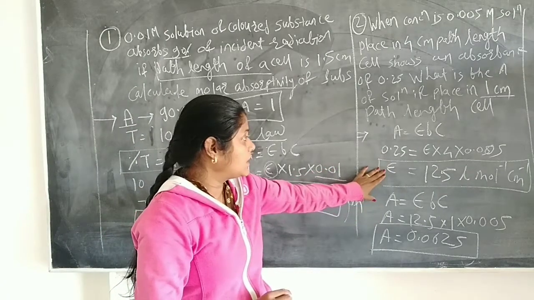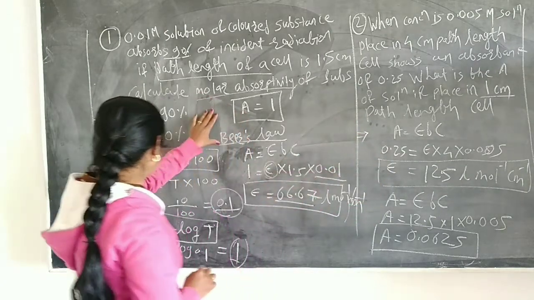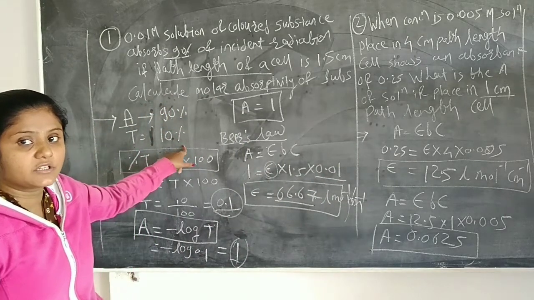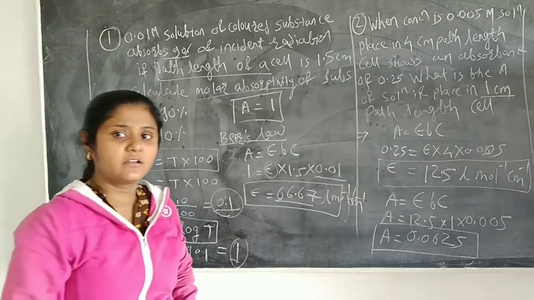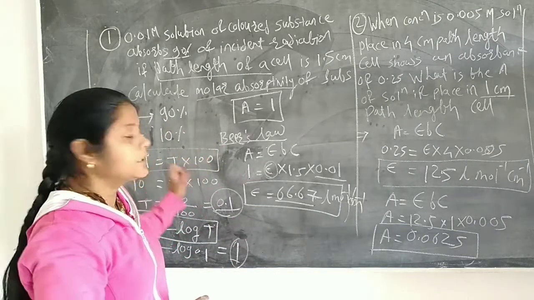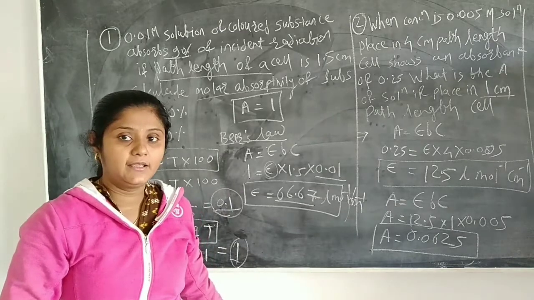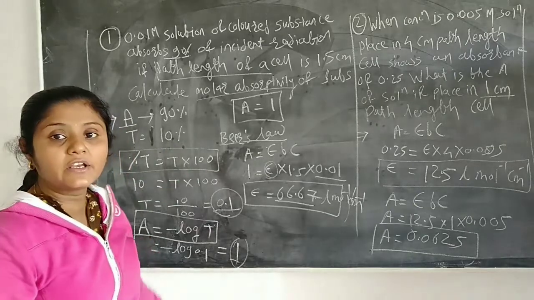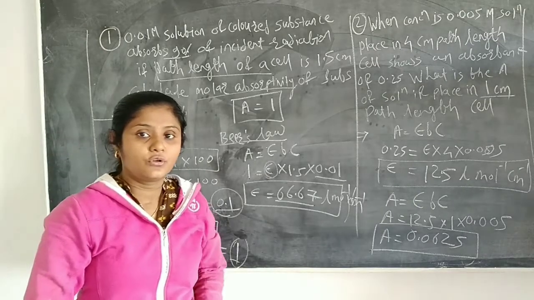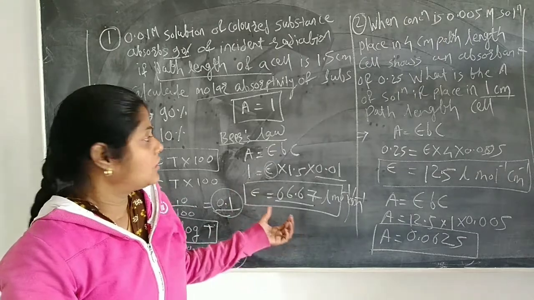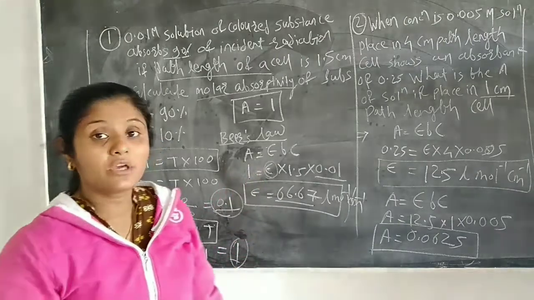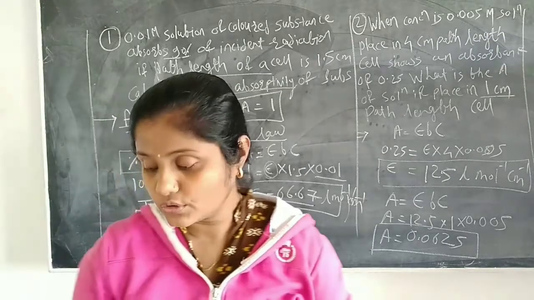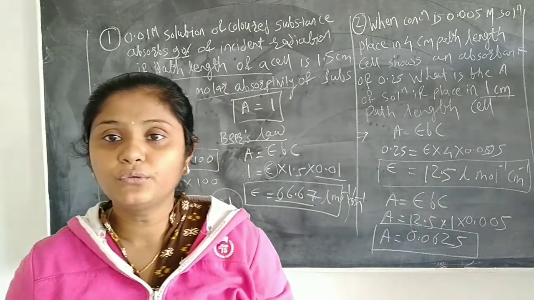So student, in this particular case, we easily find the absorbance by using Beer's law, and also the molar absorptivity. In the first case, if the absorbance is given, we have to calculate the transmittance. In the exam, one more question is always asked: finding out the percent T or T, or sometimes they give a number of different terms and you have to find the absorbance. So focus on all these points while solving problems. Let us see the next problem based on spectrophotometry.